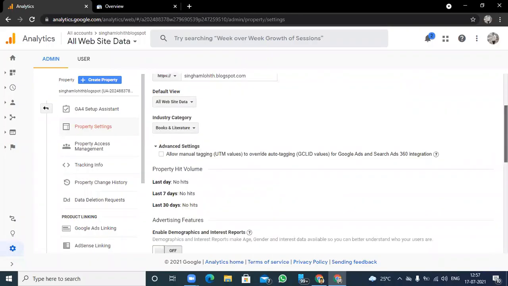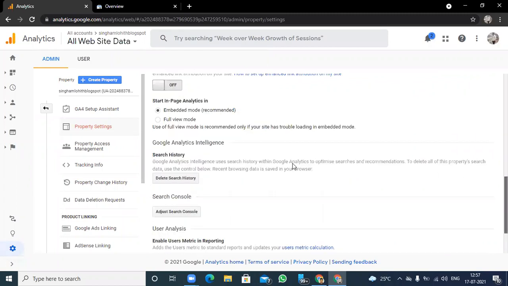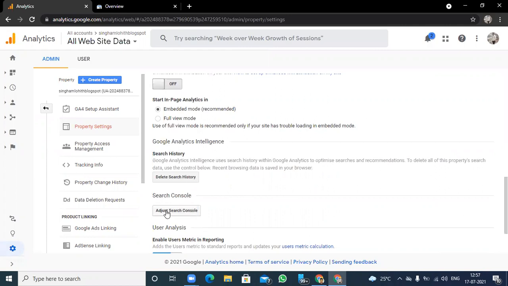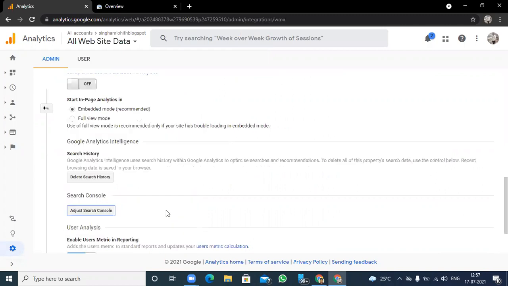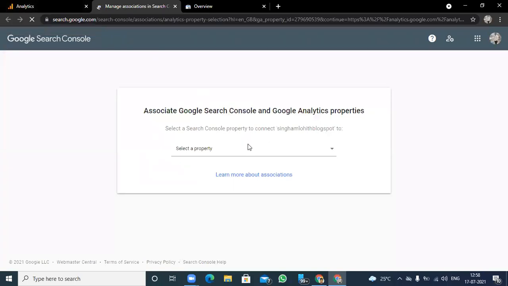Okay, now what you need to do is click on adjust Search Console. You need to click on the button adjust Search Console. Let's click it here. And now you need to add your blog. Let's click on add. And then you need to select your property.